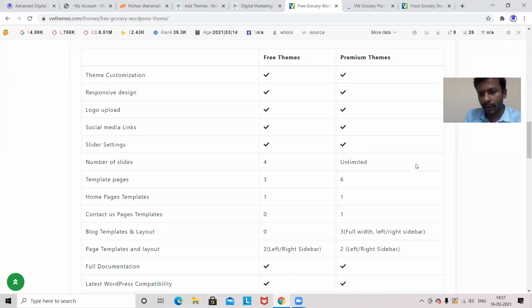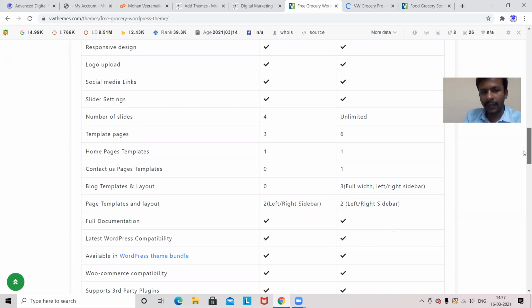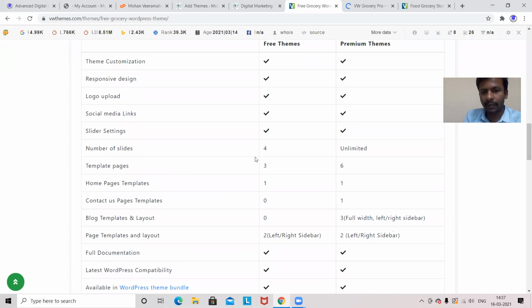Compared to free, the number of slides you can use is up to 4 only, but here unlimited. And sometimes if you are going with a free theme, if you have a good idea about plugins, you can use better ones and make it look like a paid one.